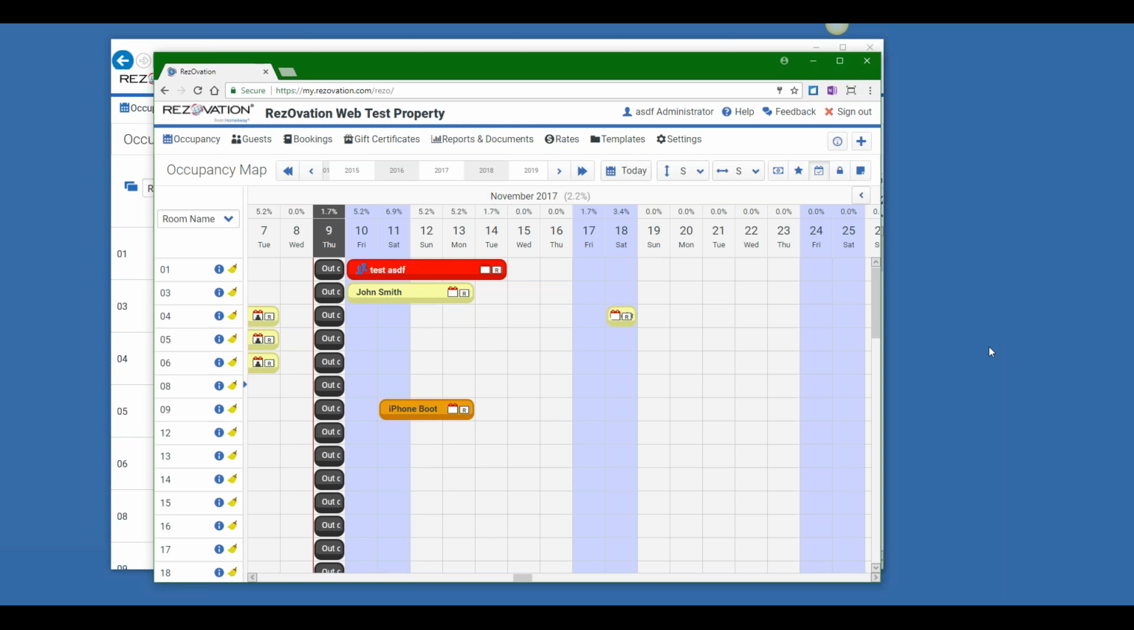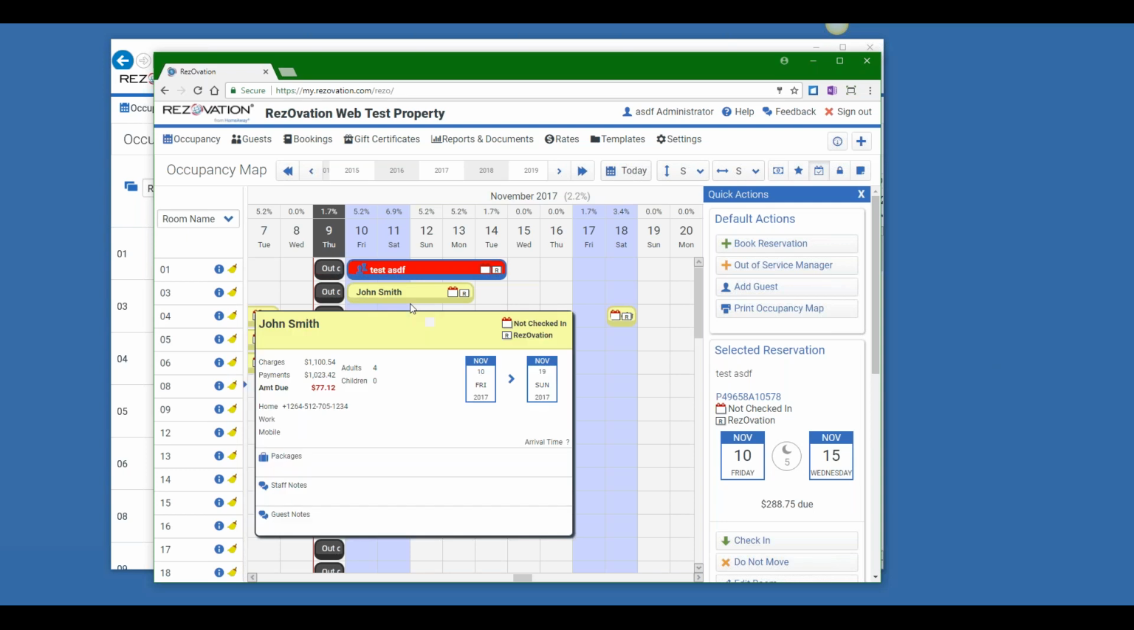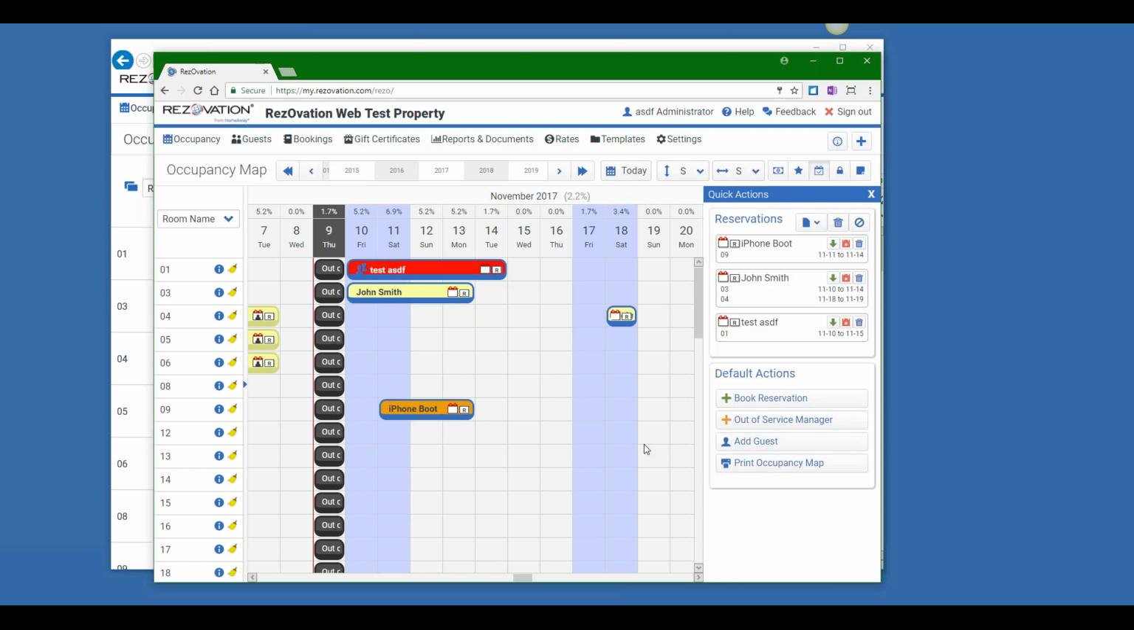So a couple of these I know we went through already. Can you email multiple people at once now? So for that, we can select multiple reservations here on the occupancy map by holding down the control key on the keyboard and clicking multiple reservations. Unfortunately, we can. So now that I've got them all selected,